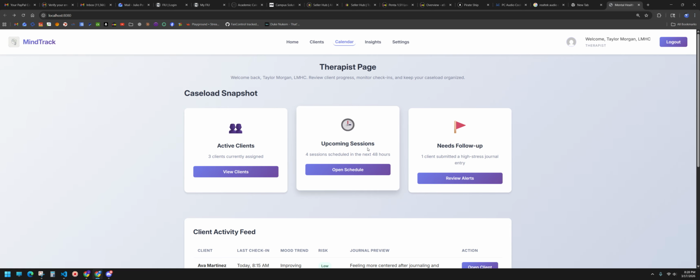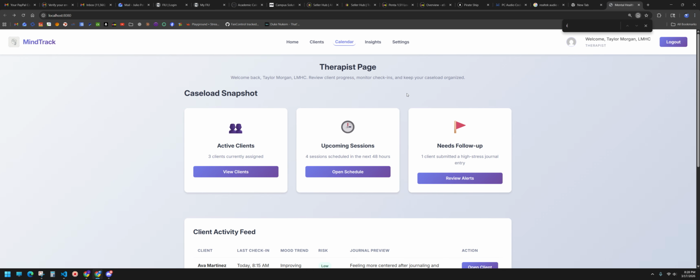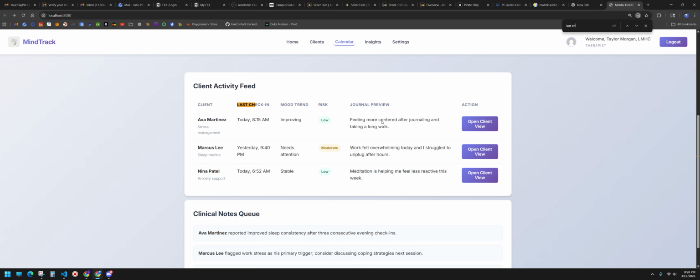Last check-in is next to the client information, in the client activity feed. I think that would be the last time that the client was on the site. Since I'm on a sample client, I don't know if that will work.